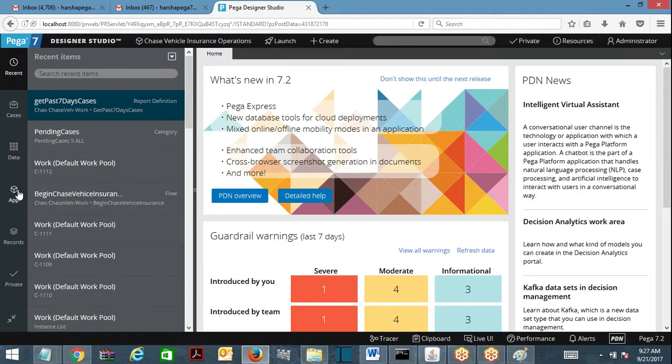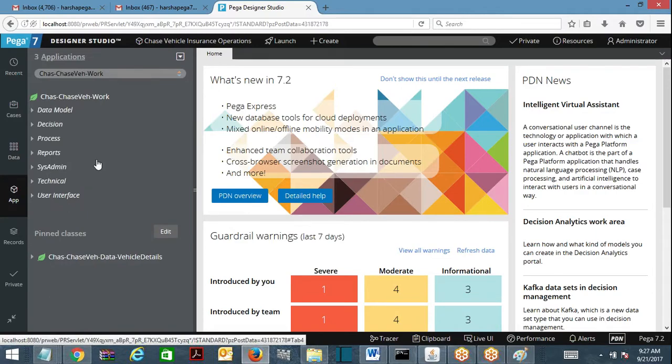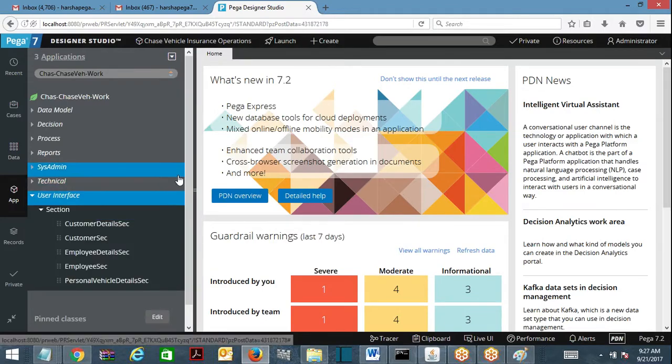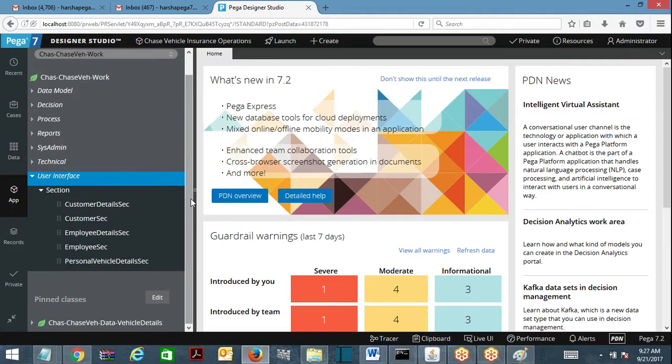So what is the disadvantage of doing it like this? What is the disadvantage of using an activity or a report definition rule to populate a drop down? I'll tell you now. Look here. For our testing purpose, to better understand the disadvantage of using a drop down with a report definition rule or activity,